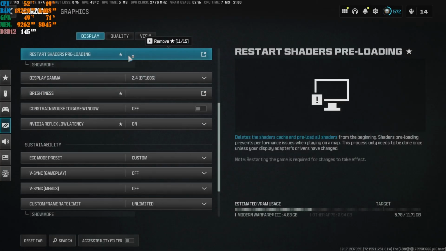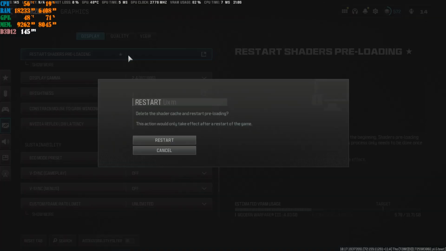All right, ladies and gentlemen, so you're going to come to this over here to the display settings, and you're going to come to restart shader preloading. You're going to select this and then say restart. Now, ladies and gentlemen, once you click on the restart button, you are going to completely restart your game through, let's say, Steam, if you're playing it through Steam, or Battle.net. Then, I highly suggest,